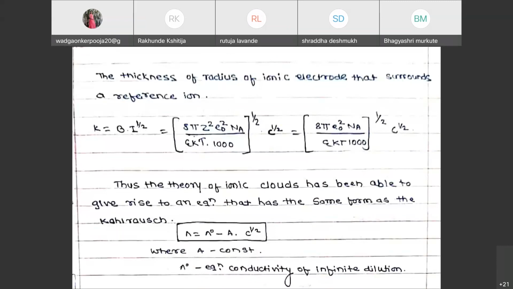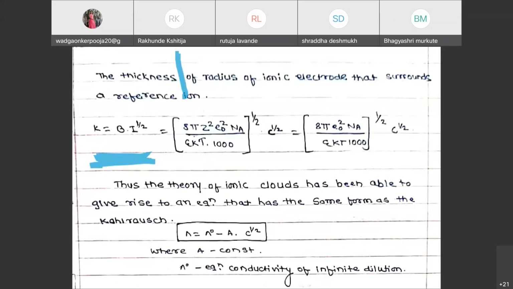And this reference ion can be explained by K equals B into I raised to half, that is equal to